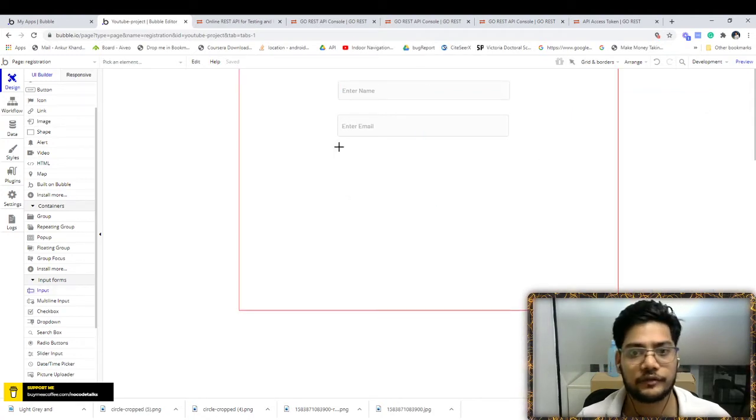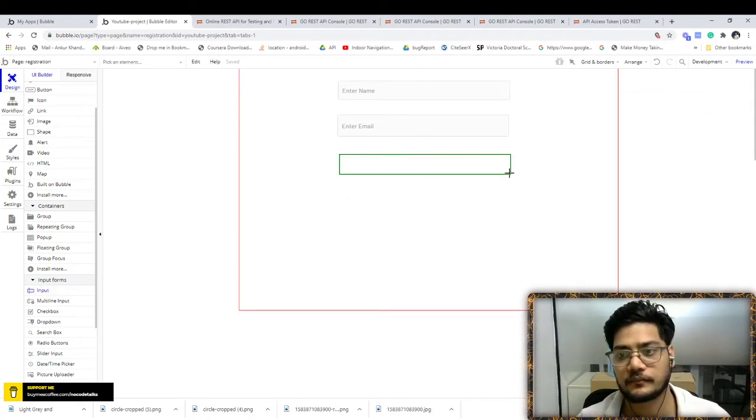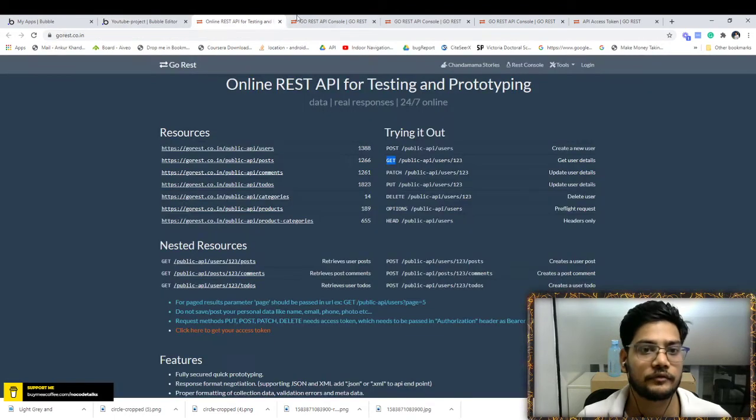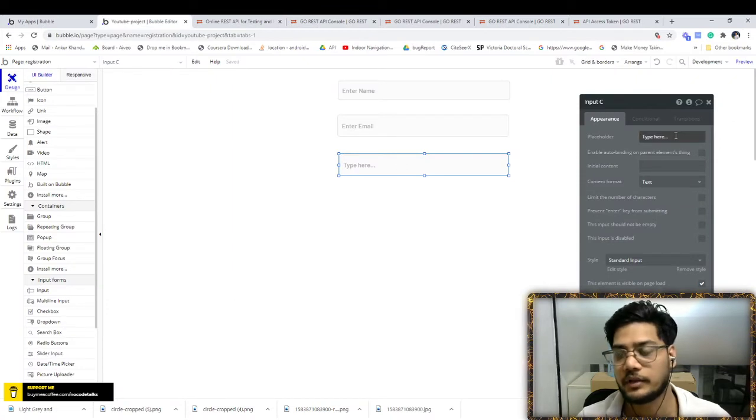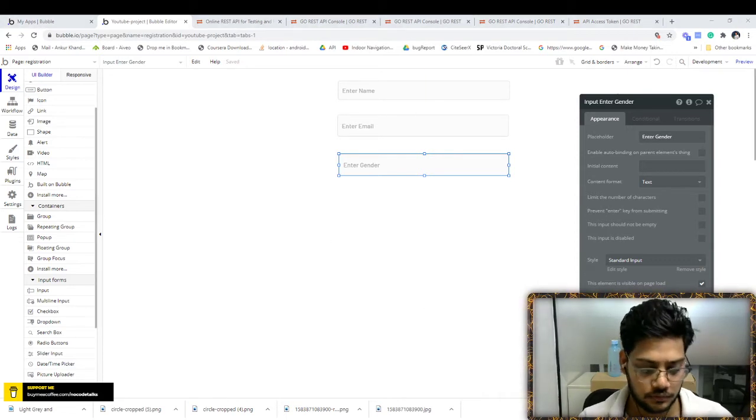And now the next requirement is gender. Gender is male or female. You can even create a drop down, but I am not going to go into that detail. I'm just entering gender. You can create a drop down, let me write it down in the future.